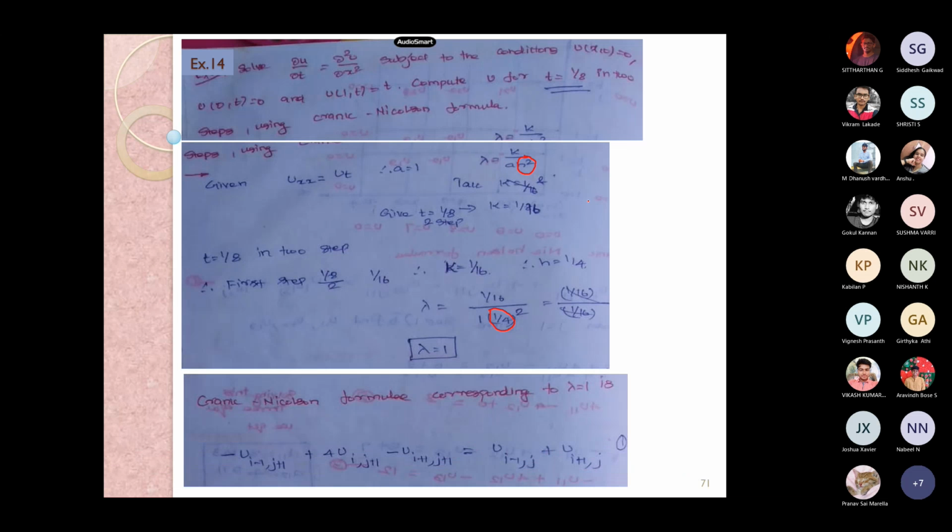Yes, therefore if h is equal to 1 by 4, then h squared is 1 by 16. The numerator and the denominator will cancel, and we get lambda is equal to 1. When lambda is equal to 1, this is the reduced form of Crank-Nicolson: the center point at j plus 1, and the left and right points with negative symbol, and the jth row, and we don't have the intermediate or median point.